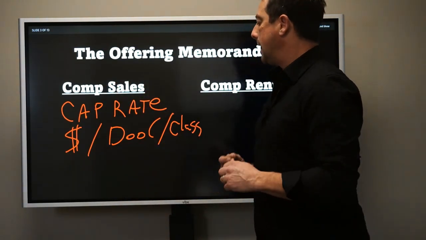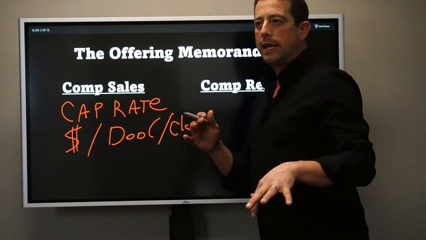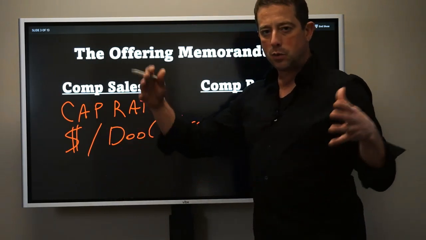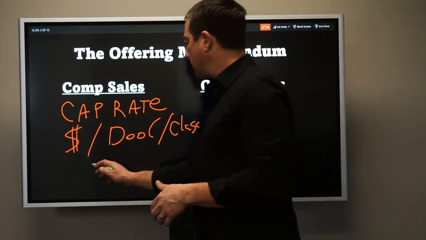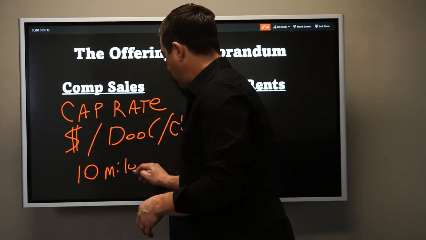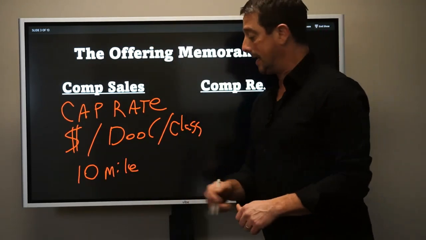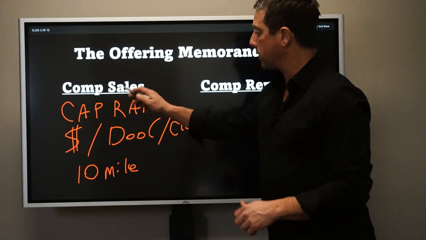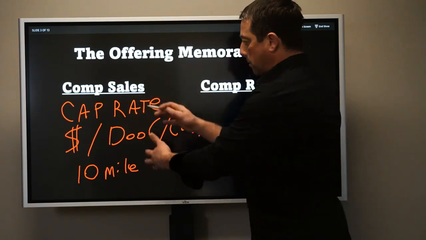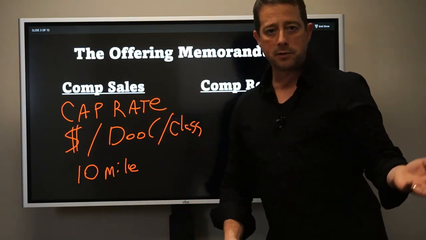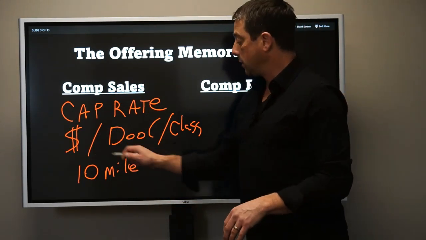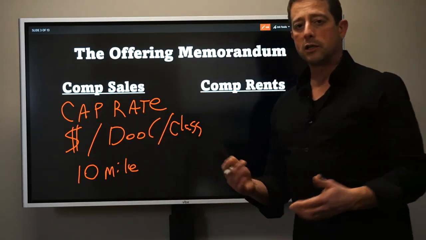Distance-wise here, as long as your properties are in the same sort of side of town, or if they're in similar neighborhoods within a city, you're probably okay. So I'm gonna put maybe about a 10-mile radius on properties for comparable sale data. So, if I see that this property the realtor's showing me is in Atlanta, and then I look out and one of the comparable properties is 50 miles away in some other city, I probably won't really look at that data that much. So point being, you want to stay within about 10 miles for comparable sales or so,